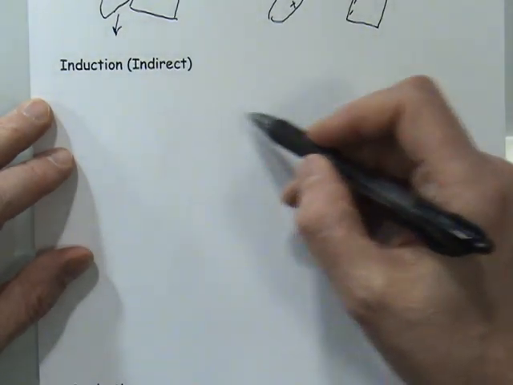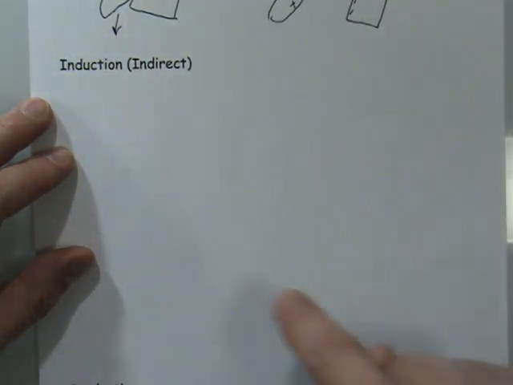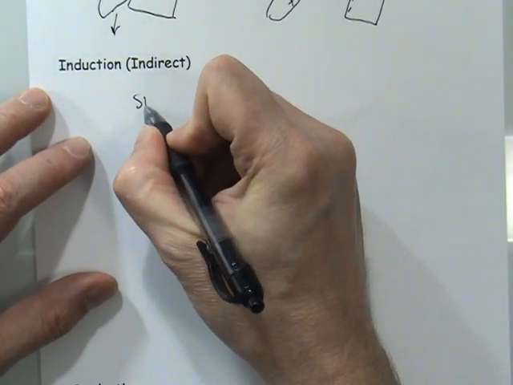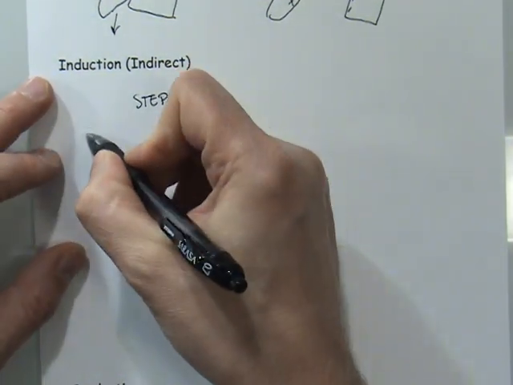So I'm going to draw this in 4 steps. I'm going to go in this direction, 1, 2, 3, 4. I'm going to label the steps and I'm going to put a box around them just so that you can keep straight the order of how everything happened. So in step 1,